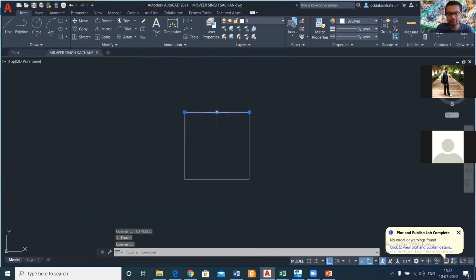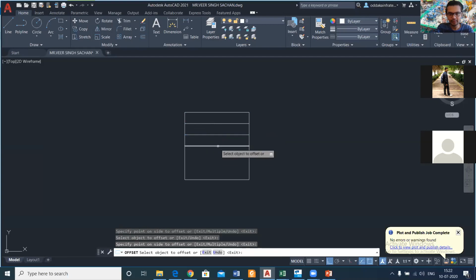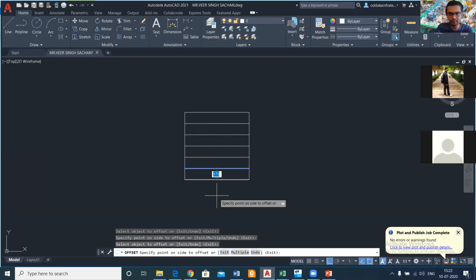So suppose this is the 10 mm bar, and this is to be placed at a spacing of 175 center to center. So we'll take an offset of 175, and then we'll just place the reinforcements. So this is the last one.